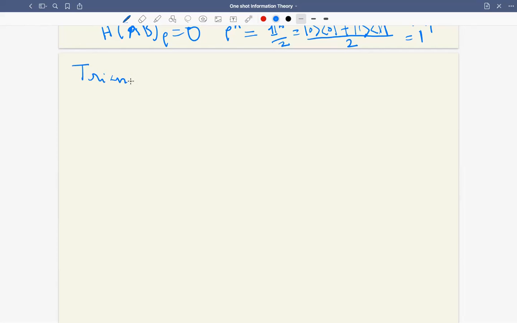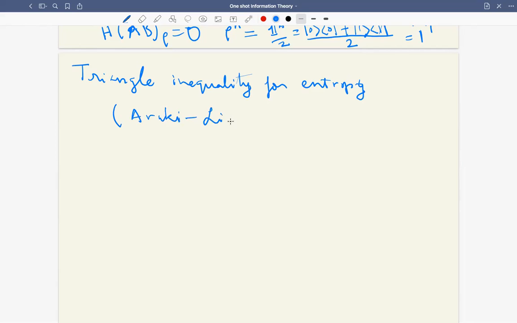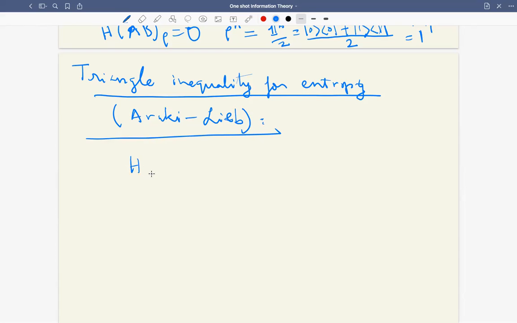triangle inequality for entropy. It is also known as, after the mathematicians who proved it, Araki-Lieb. So it says the following: that the entropy of AB under rho is greater than, so I cannot write the entropy of A out here, but I can write the entropy of